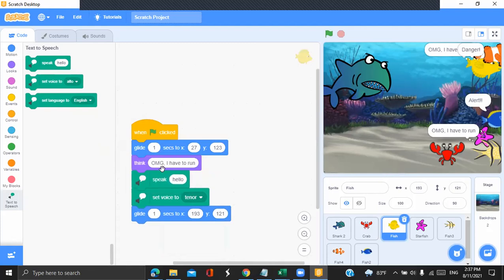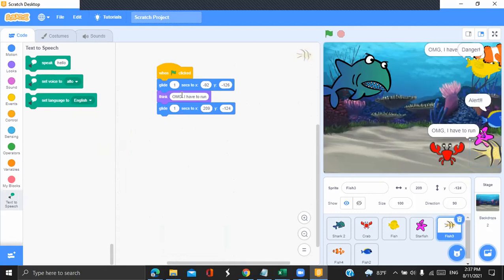Whatever you say here, we can make it speak. That's text to speech. There's no sound or anything here, so we can make it like a screaming voice